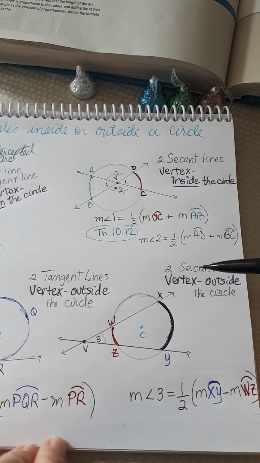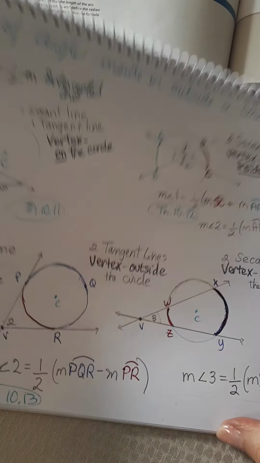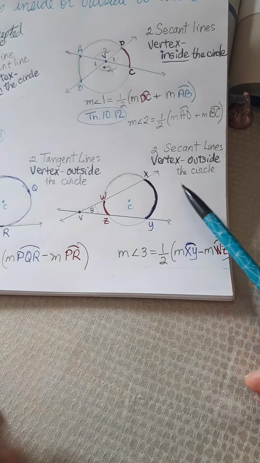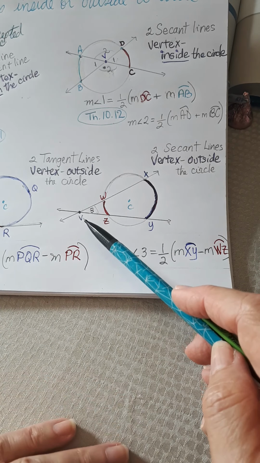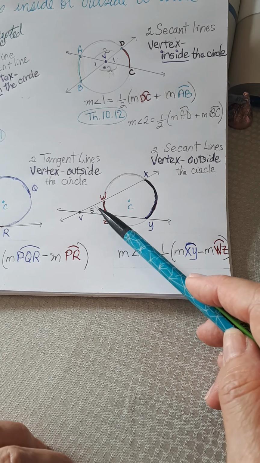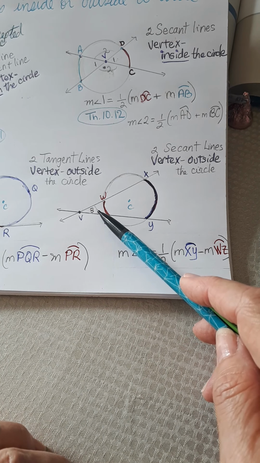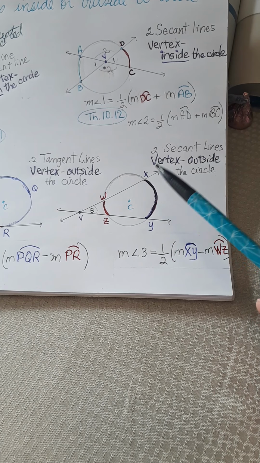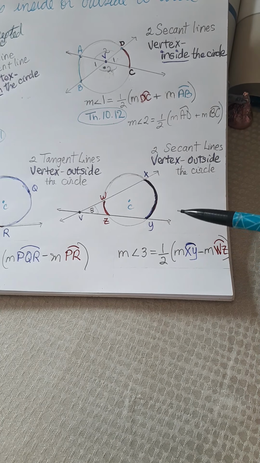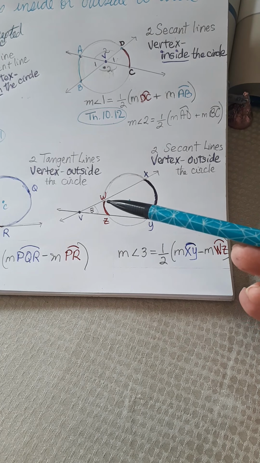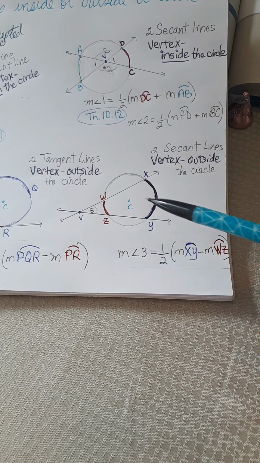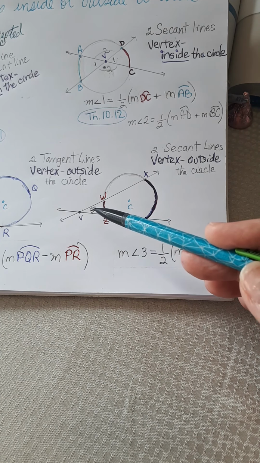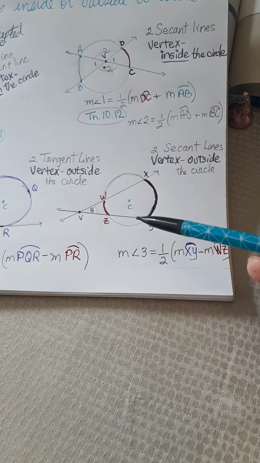If the two lines are secant lines, but their vertex, instead of meeting inside the circle, the two lines intersect outside the circle, then the measure of the angle formed will be the difference. This time we subtract the major arc minus the minor arc formed by the two secant lines, divided by 2, which will give me the measure of the angle outside the circle. This is theorem